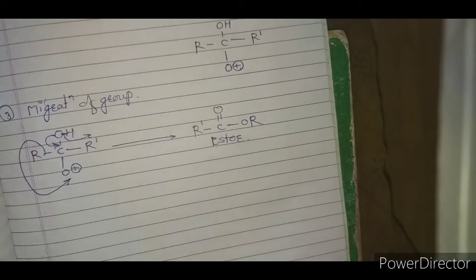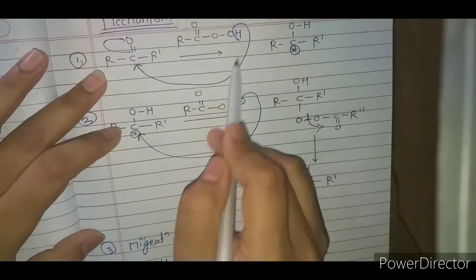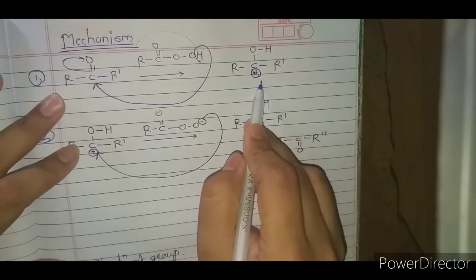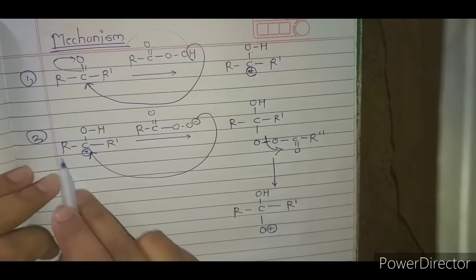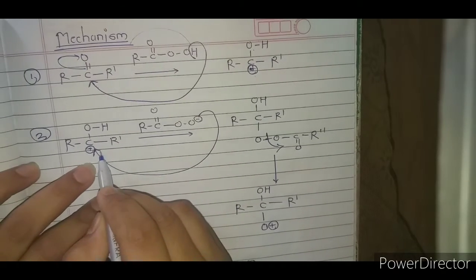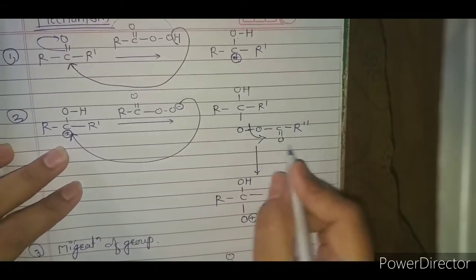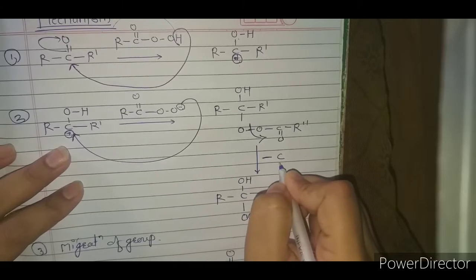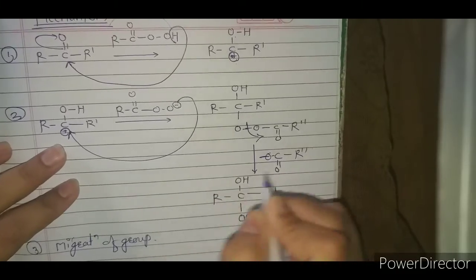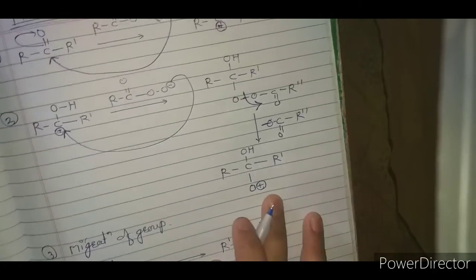let's see the mechanism. What happens in mechanism of Baeyer-Villiger reaction? The proton of per acid attacks on carbonyl carbon of ketone and forms protonated ketone. Okay, so in this protonated ketone the per acid attacks on carbon of protonated ketone and forms this intermediate. And in this step this compound is removed from here and forms this intermediate.